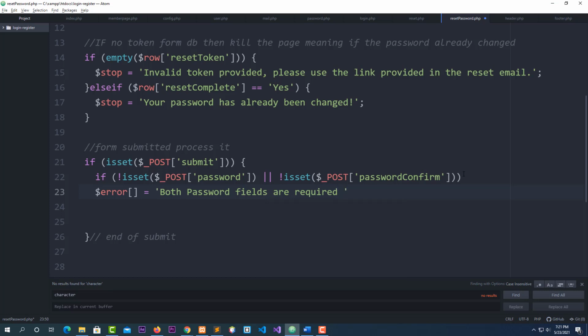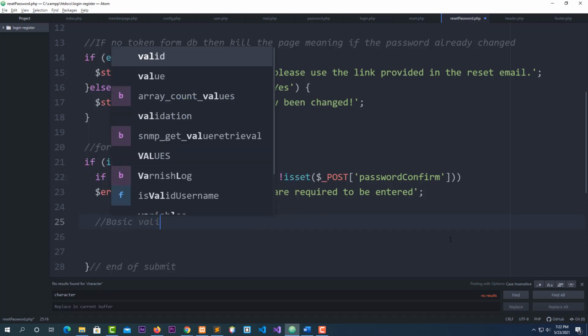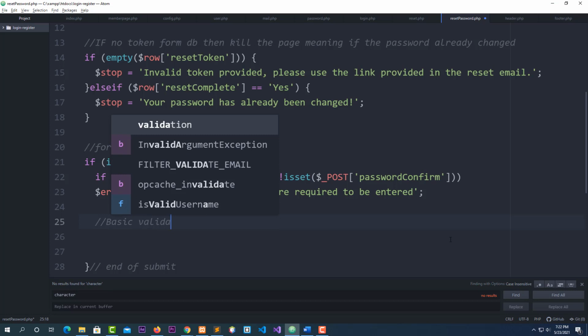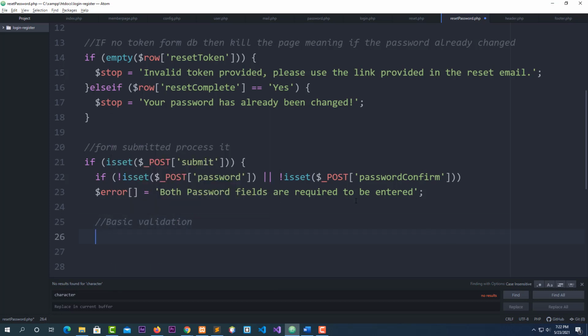Both password fields are required to be entered. Okay, put a semicolon here. Okay, guys. Now, next, I'm going to do the basic validation. For the basic validation, guys,